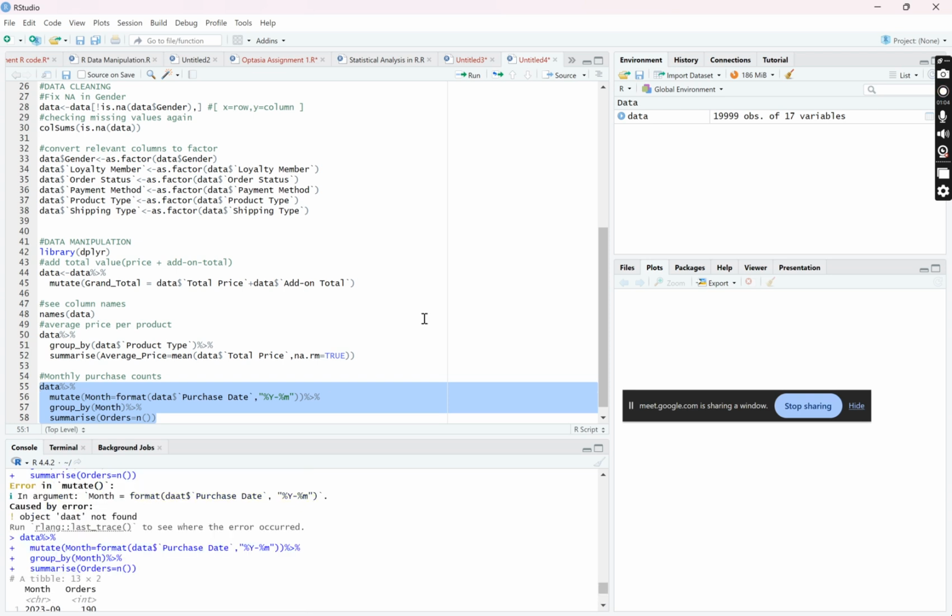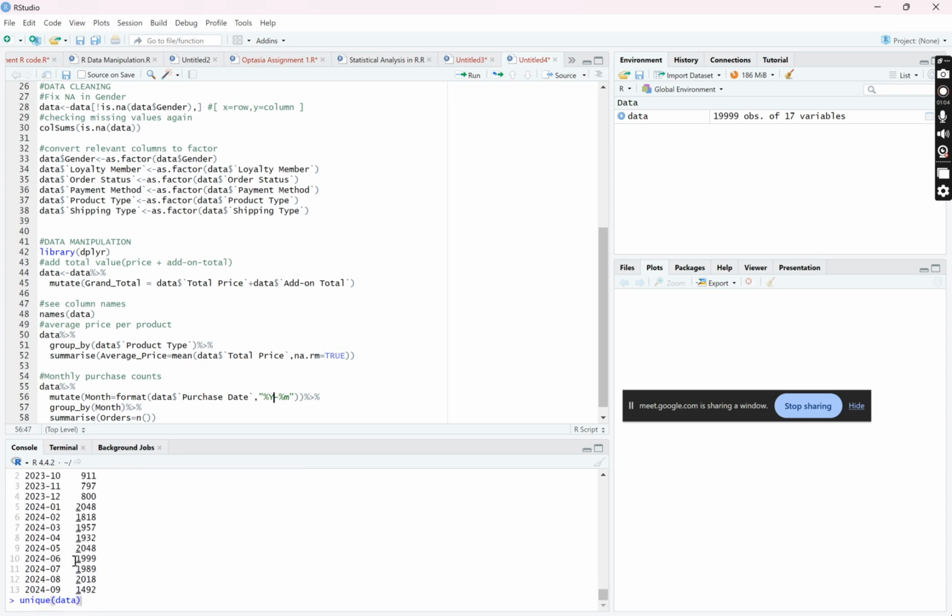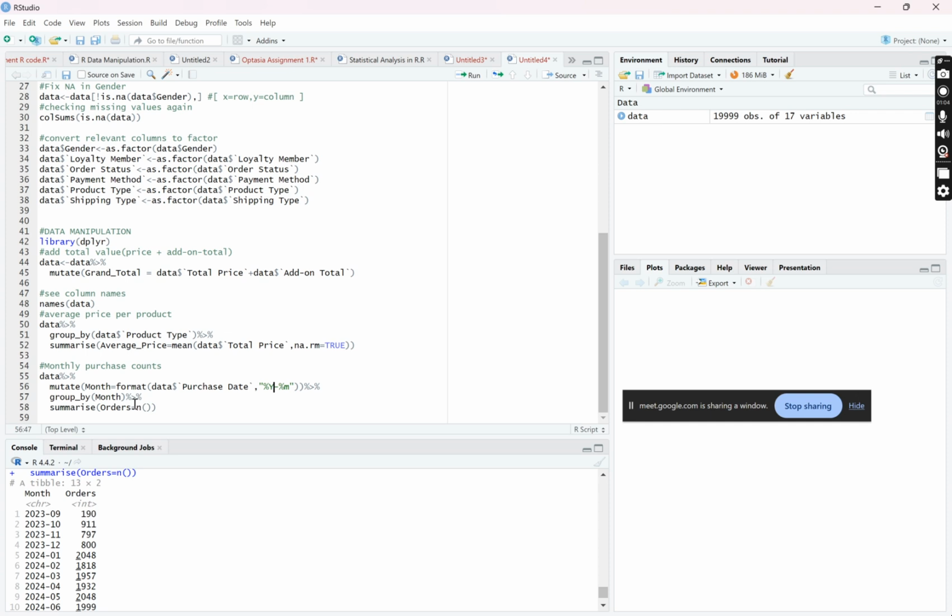So you just have to know that here is written as capital Y, M is a small y, so it's going to rank by month. You can see 0, 9, 10, and it's ranking by month, and it's getting the ranks from the orders. That's why I've said here group by month,